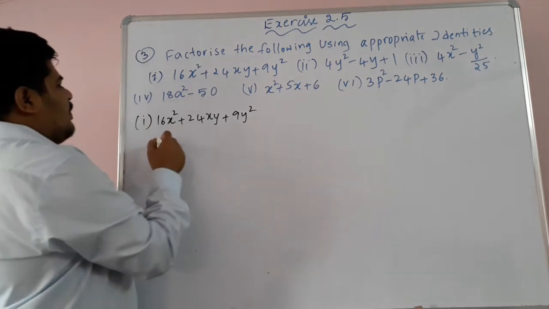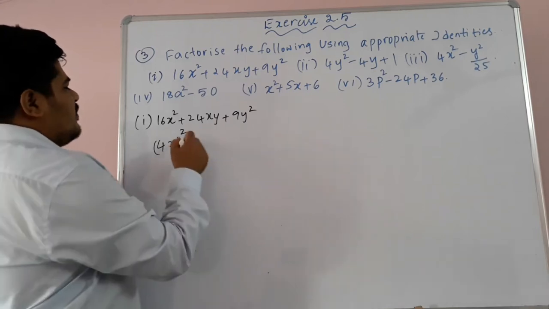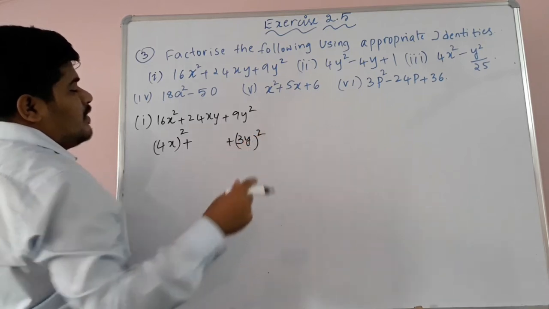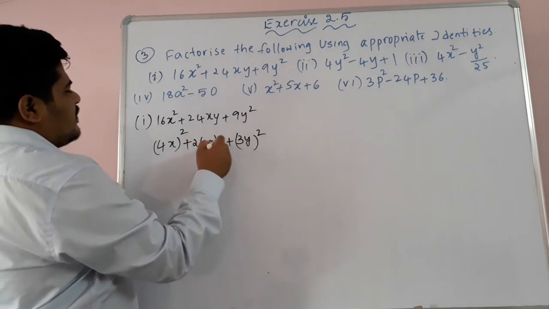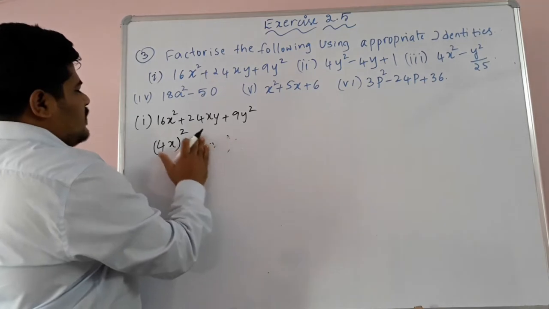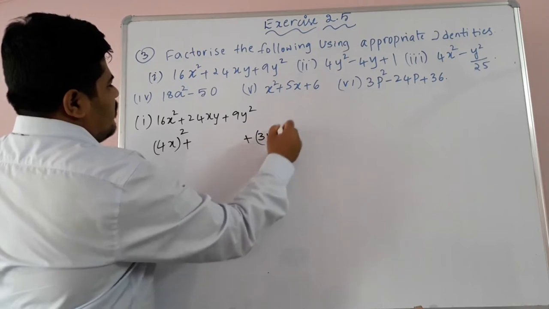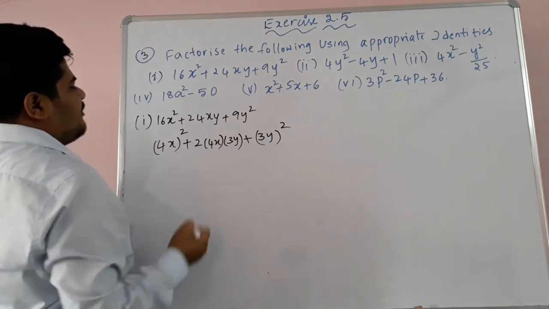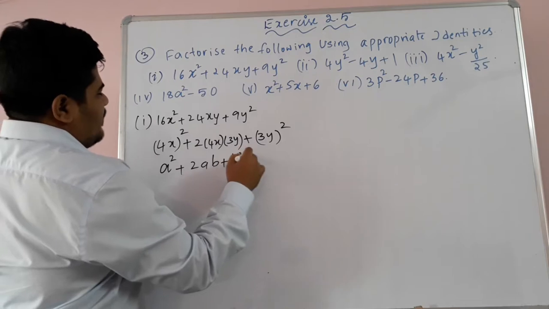So this can be written as 4x whole square. 16x square can be written as 4x whole square, plus 9y square can be written as 3y whole square, because 3y into 3y is 9y square. Now 2ab, children, is 2 into 4x into 3y. Now children, if you see this, it's in the form of a square plus 2ab plus b square, which